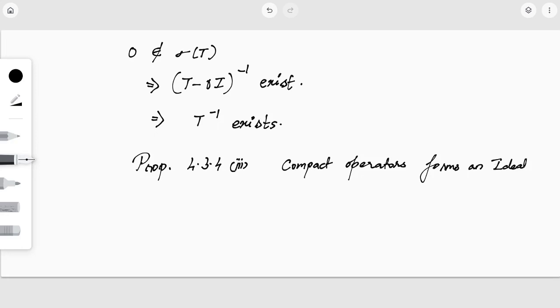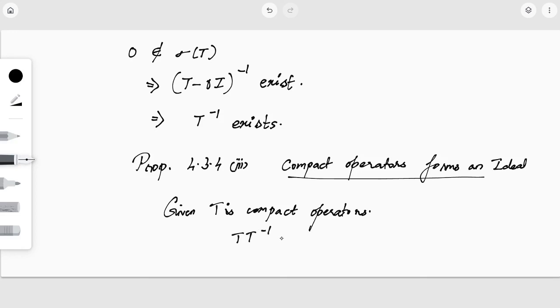So here we are given a compact operator T, so T is compact and T inverse also exists. So by the property of an ideal, T into T inverse must be compact, because the set of compact operators forms an ideal. T inverse is just an operator and T is a compact operator, so their product must be compact,